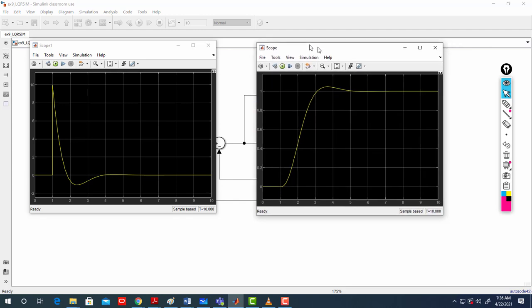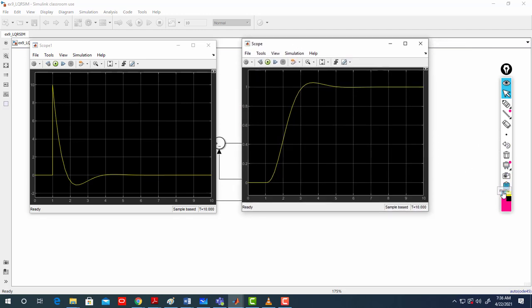So you are putting much more control effort, like 10 times more, but you are improving your tracking. Okay, so your settling time becomes less, if you wish, because you remember